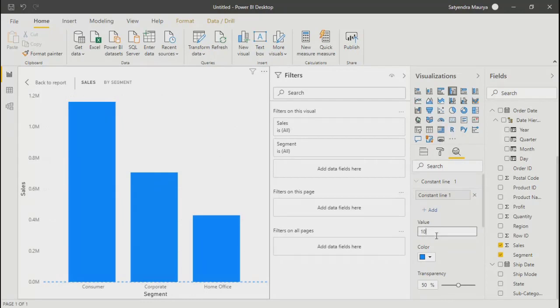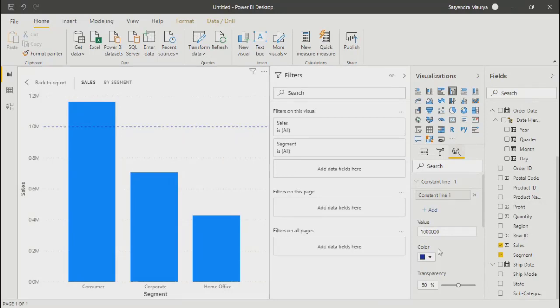1 million, something like this, right? So this is a constant line. For example, let's say in a particular process, you said this is your target.